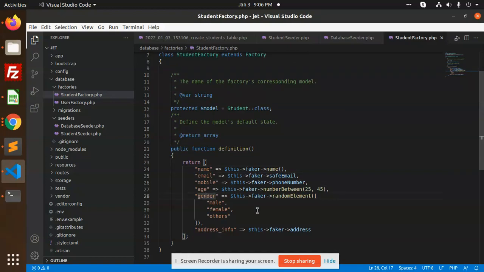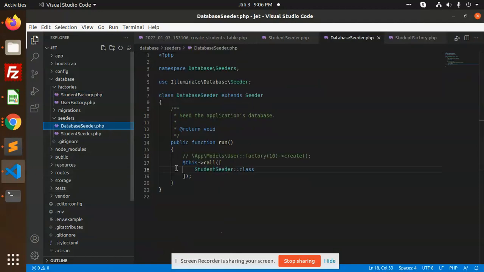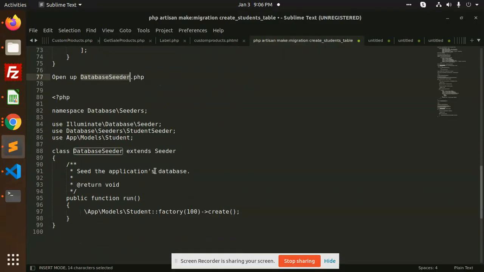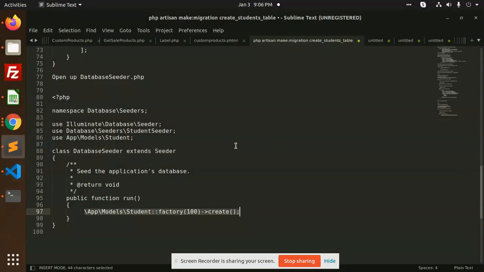Now I'm going to call it in a loop. So open the database seeder. We have the database seeder here, which has the call function. We can use this function to do multiple things. So I'm going to use app models students function create, the same one that is commented. I'm using this and commenting the other.